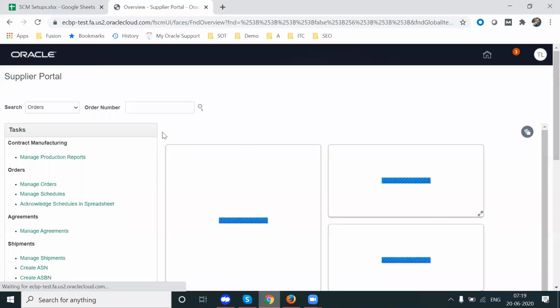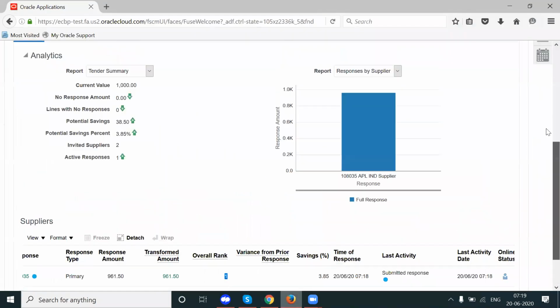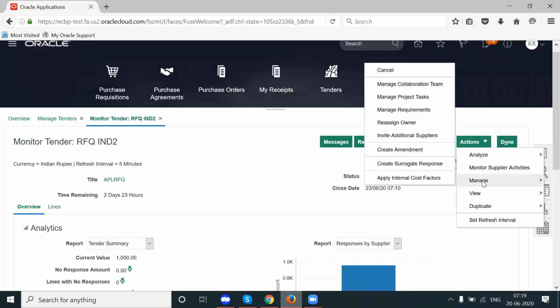Then the buyer has to submit the response on behalf of the supplier. That is called a surrogate response. So see here, create surrogate response. On behalf of the supplier, the buyer can submit the response here.